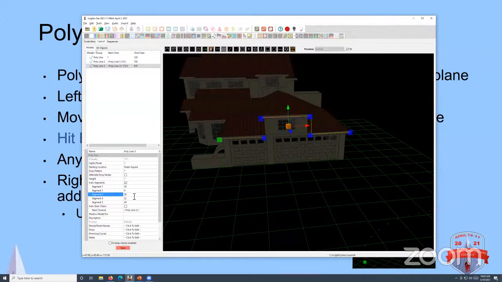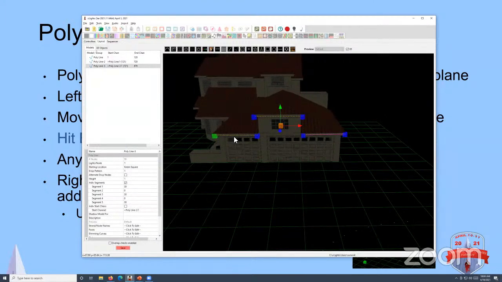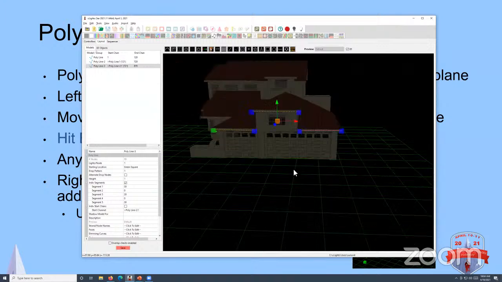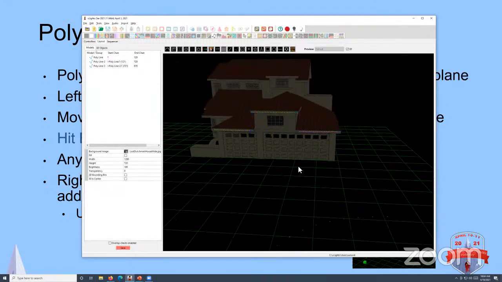I'm going to blank out that one, 30 pixels on that one, blank out that one, and then 30 pixels on that guy. So now I've got a single polyline object that is doing my roof line,